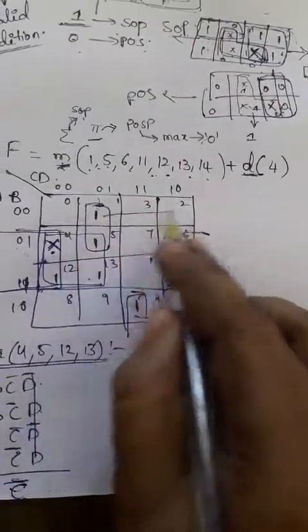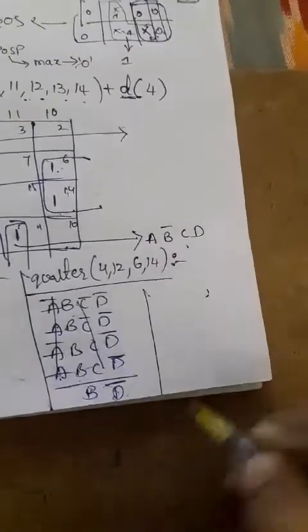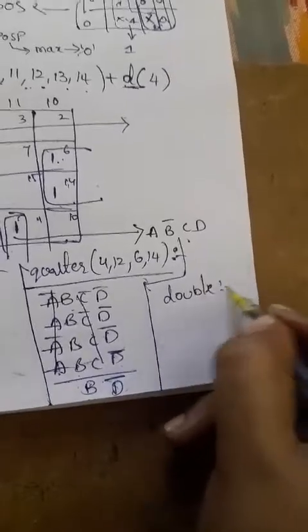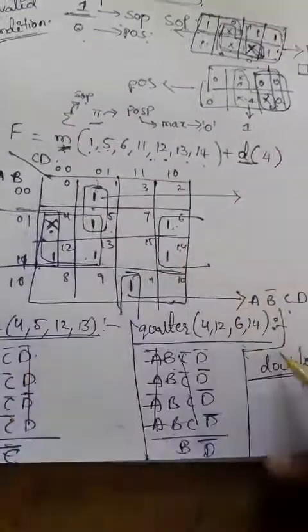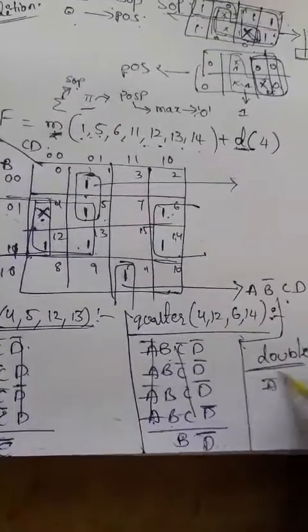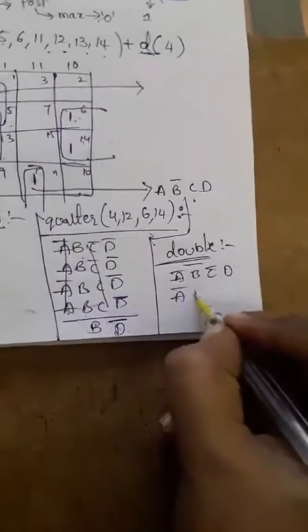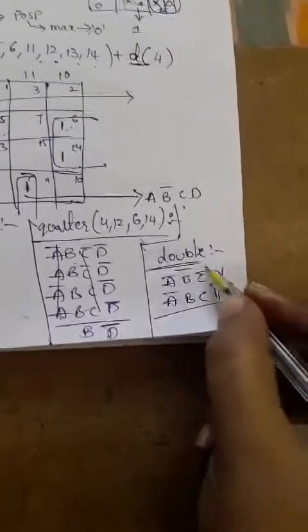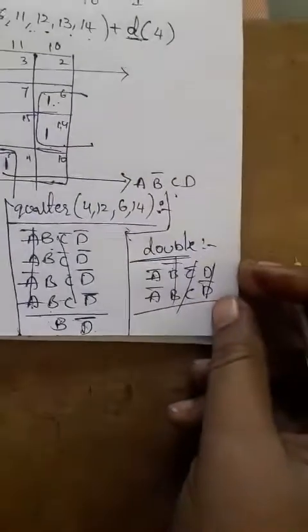And coming to the double expression, we need to solve it for this. So I can write it here, double. The double expression is nothing but 0 0 0 1, that means A complement B complement C complement D. And next for this fifth one, 0 1 0 1, so A complement B, C D complement. So D complement cancels, and C complement cancels, and B complement cancels. We'll get the expression becomes,